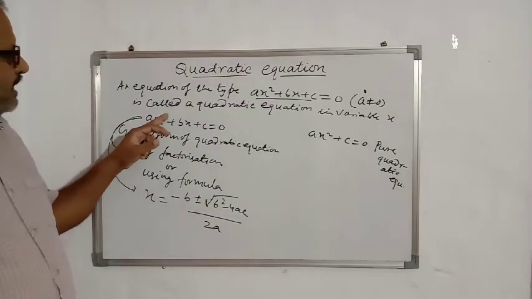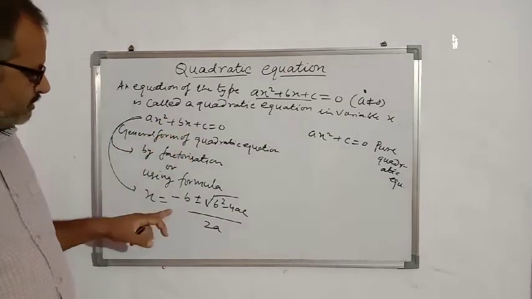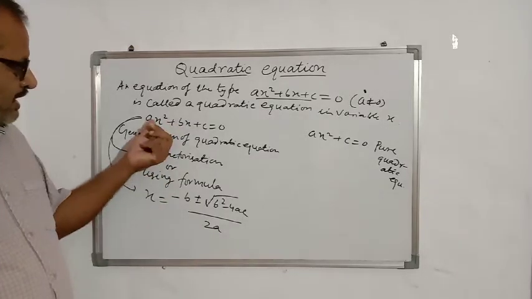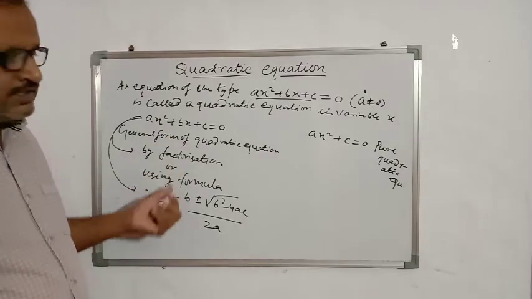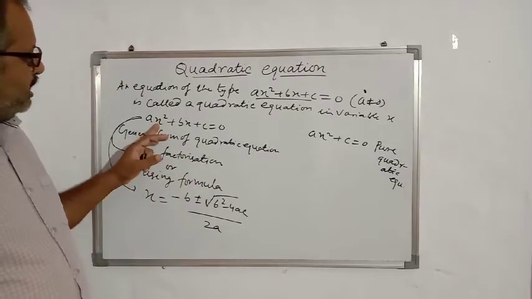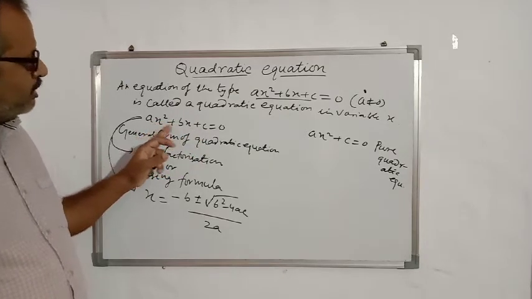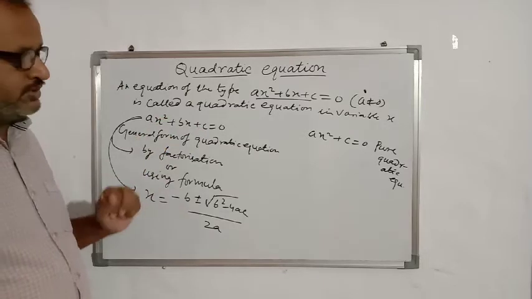Since power of x is 2, it is second degree equation, so number of solution will be 2. Means we will get two values of x. So a quadratic equation has two roots. Solution and roots both are same thing. So a polynomial equation of degree n has n solution. Here polynomial equation of degree 2, it contains two solution, means two roots.